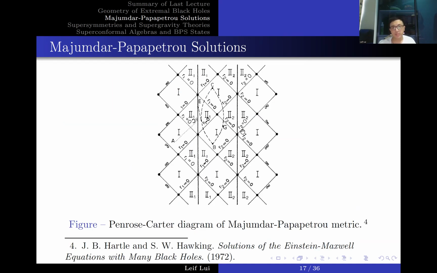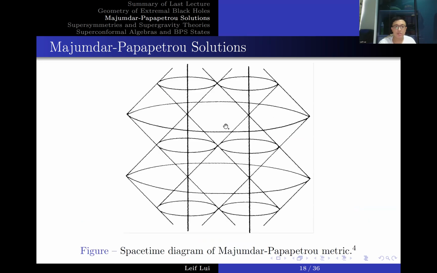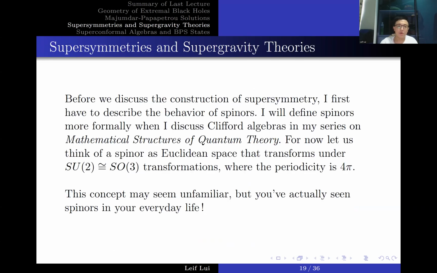And what does this look like in a space-time diagram? In a space-time diagram, it looks something like this. So it's quite beautiful, I think. It looks like there are many, many light cones connected to each other. This is quite a beautiful depiction of multi-black hole solutions for charged black holes. So what is interesting about this is that it is the simplest known example of a supersymmetric brane solution, and it is the simplest example of a supergravity